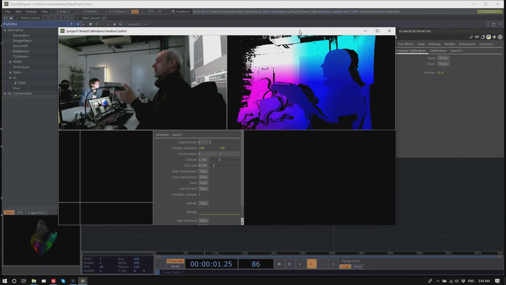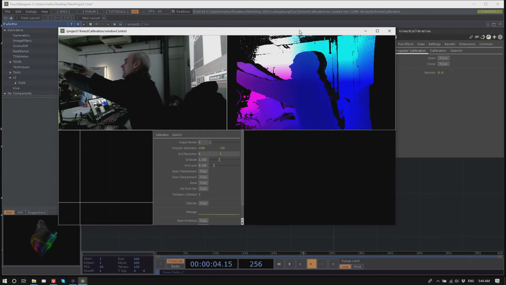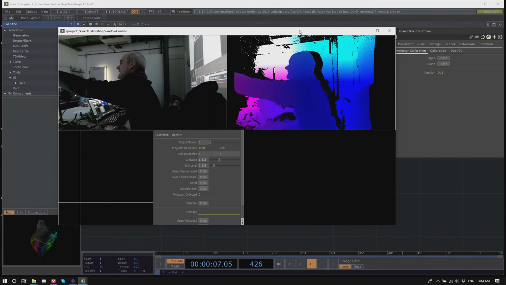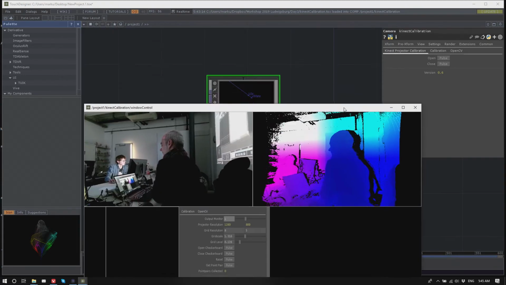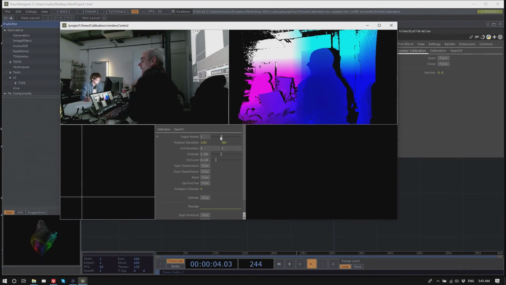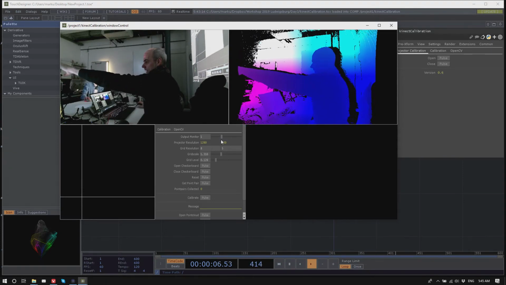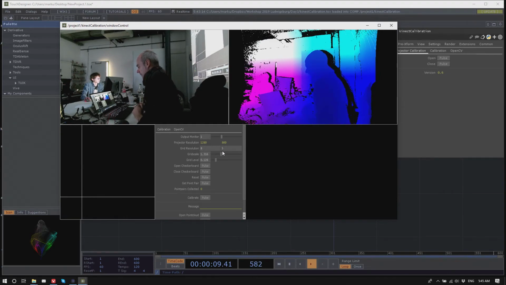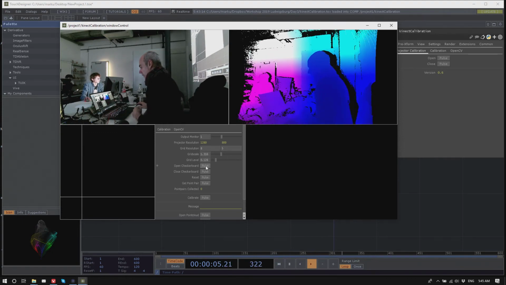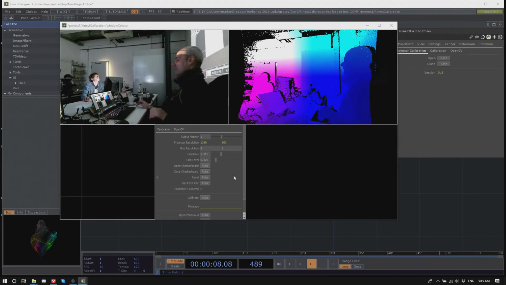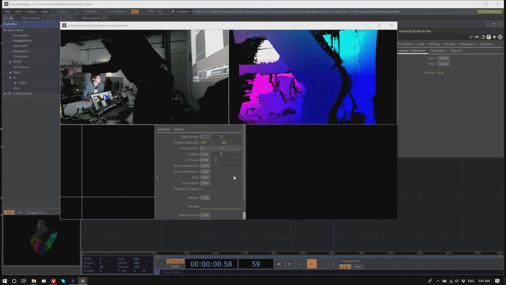Just need a spot to put the projector fairly safely. So the first thing you would have to do with this is select the output monitor, and for me this is the projector here. So output monitor 1, and it sets the resolution by itself, and then it gets a grid, and you want to open up this checkerboard, and maybe we want to focus this a little bit.